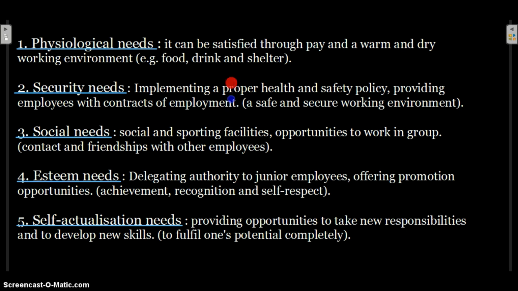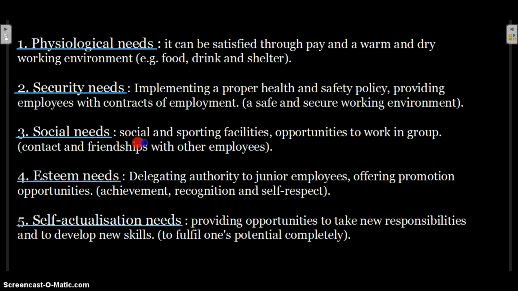he believed that these are the needs that employees have and there are no other needs. But he was wrong in that, because employees do have their social needs, they do have esteem needs and self-actualization needs that need to be fulfilled in order to motivate them. So these are basically your security needs, and you can say it's more related to income. Like you can buy food, drink and shelter with money, and your safety of employment, safety of income, that is also important in security needs. So it's basically related to income.